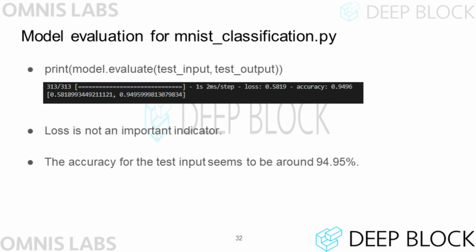If you want to check the accuracy of the model, you can call the evaluate method as follows. The model.evaluate function returns the loss and accuracy of the model as a list. Add this code to the end of the MNIST_classification.py program and run the program. After training, the model's performance is evaluated based on test input. At the end of the program, we can see that the model's accuracy is about 94.959% based on the entire test data.